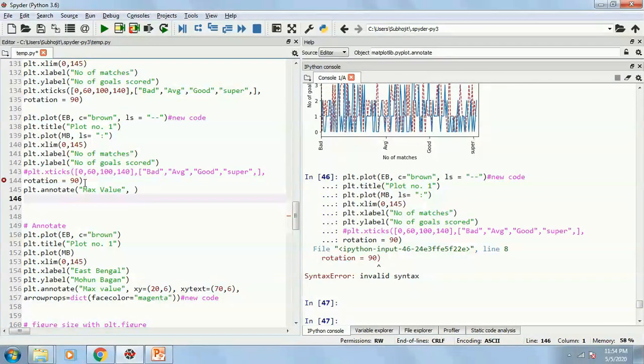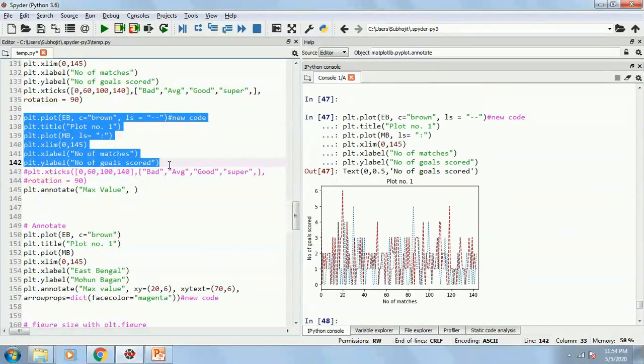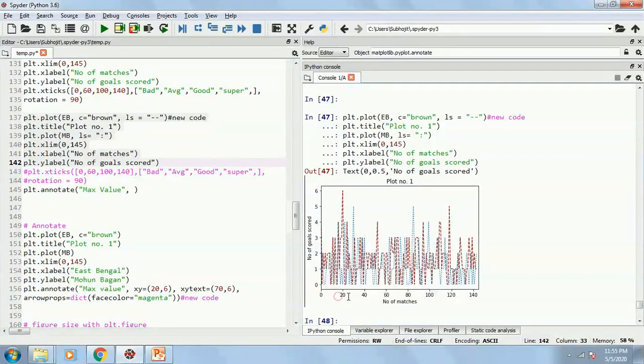Now it will be easier for us to understand. The highest goal will be x is 20 and y is 6. So I need to write xy equals to, I need to put the coordinate of the point I want to highlight as max value.